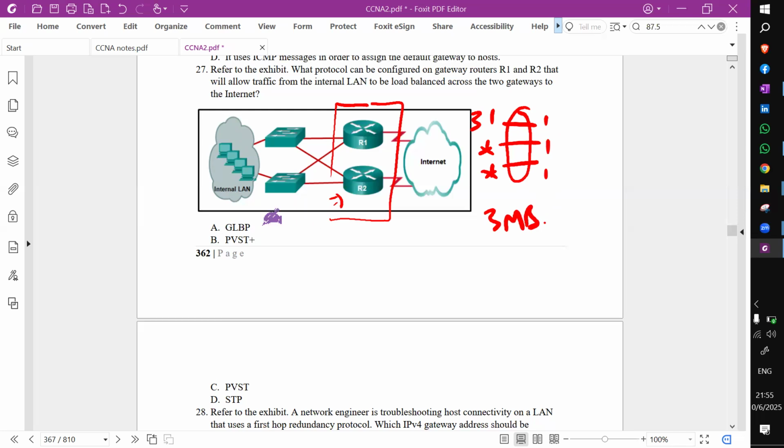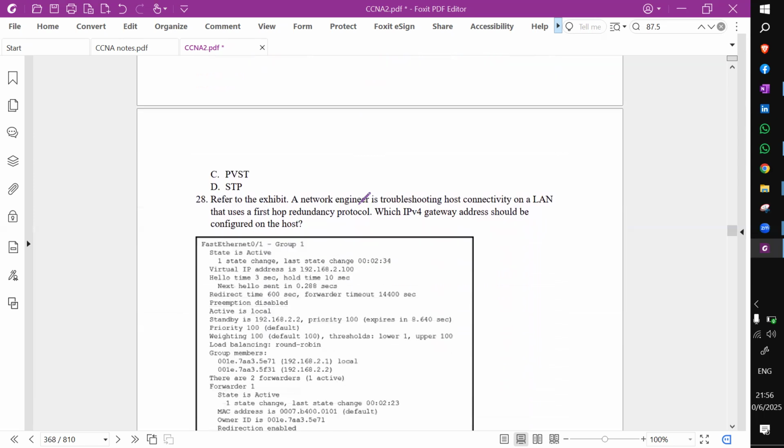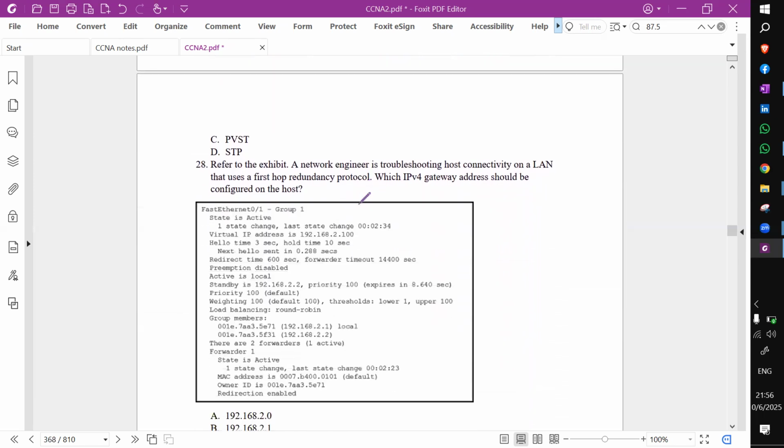So with this protocol, load balancing allows us to use these multiple interfaces, multiple routers, to load balance traffic when we are trying to route. So it not only offers redundancy via default gateways, but it also offers load balancing. That's the protocol right there. STP, nothing to do with STP here. Right, then we go to 28, which